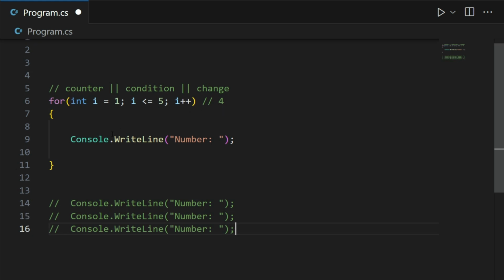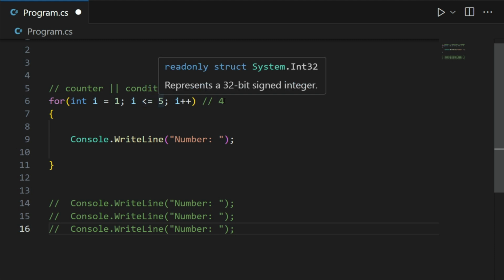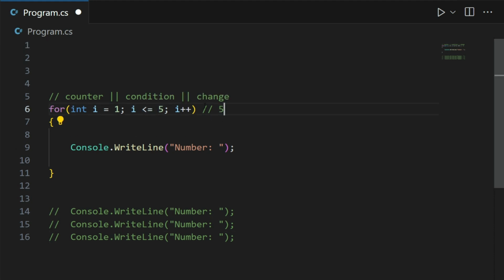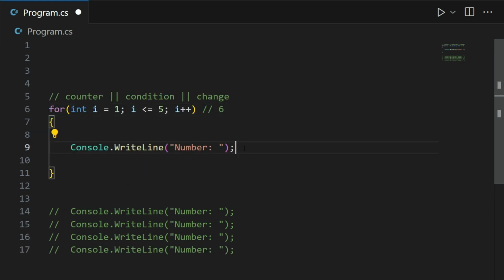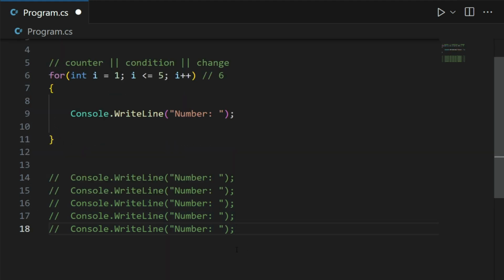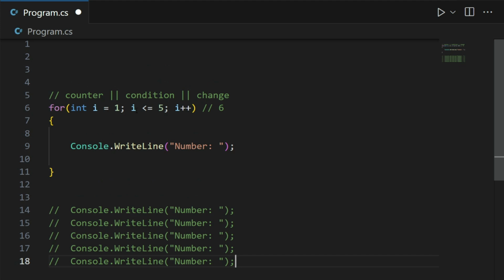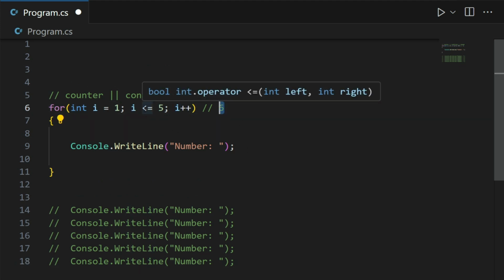And then it's going to come back. It will check, it is still smaller than 5. Then it's going to increase it, and it's going to print again. And then it's going to come back here, and this time it's still smaller or equals 5, so it will still loop, and it will increase. So it's going to print this again. But then it will come back here, and it will see that I is 6 now, and 6 is not